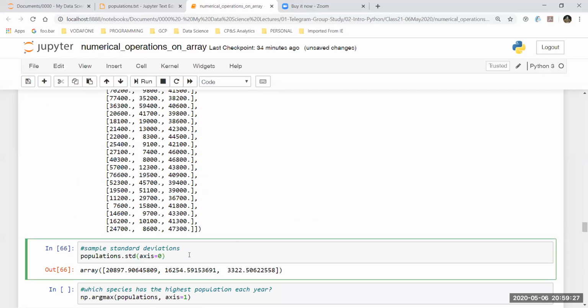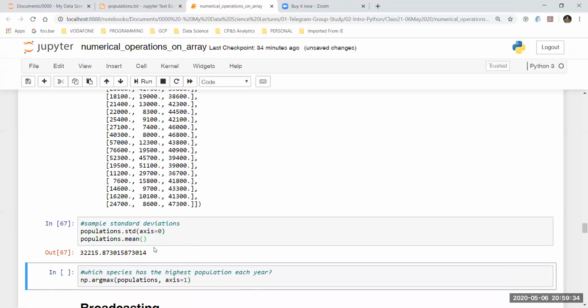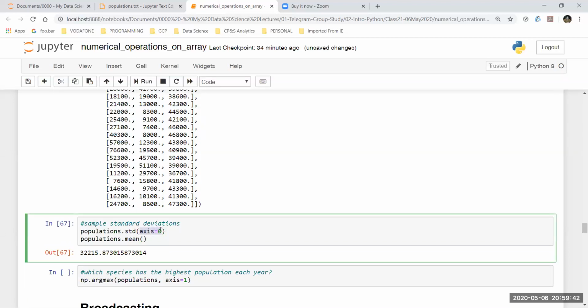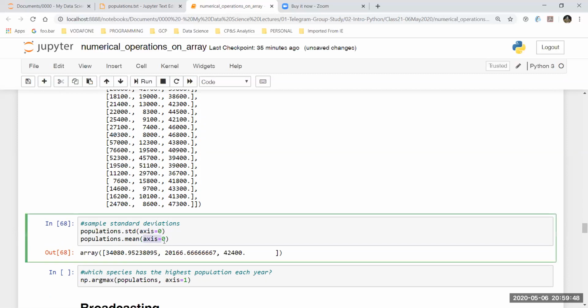The same thing applies if I would like to find, let's say, populations.mean. If I find the mean, it is going to give me the mean of all the numbers. This does not mean anything because all the numbers refer to different areas. So maybe we can use axis over here as well, and then we will be able to find the mean per axis.